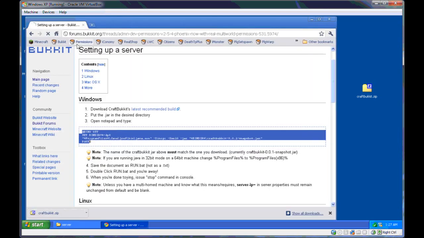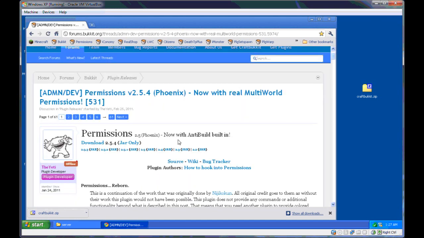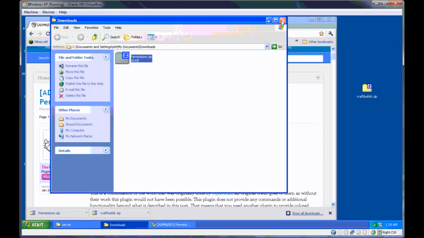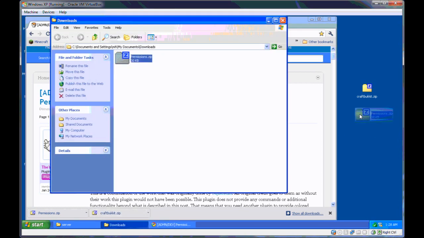So let's grab the permissions module. Now the permissions module is used by a lot of the other plugins to determine what features you want to allow your users to do. So let's grab the permissions module, which we just downloaded, and let's get that file. If I can actually click on the right thing here, let's get the permissions module and put it here,